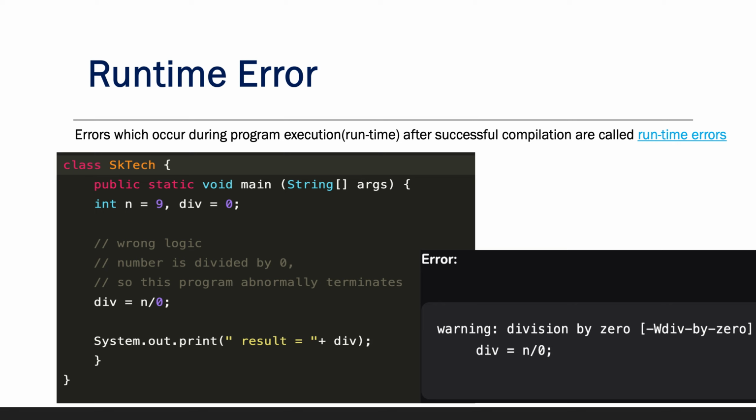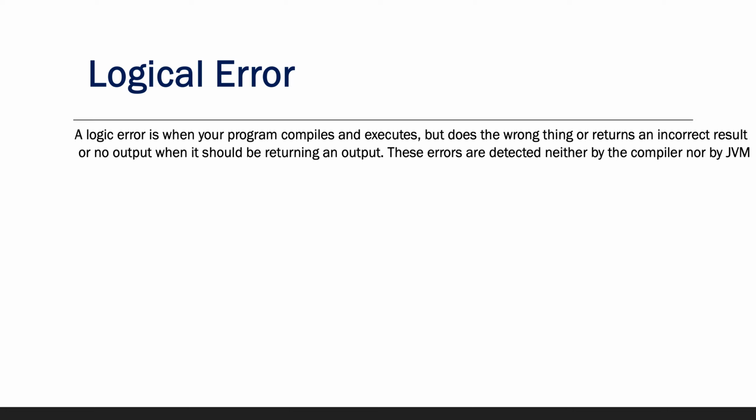Now let's move ahead and see another type of error, which is logical error. So what is a logical error? In this error, despite the flow being fine, the programmer might be using a wrong formula, or the design of the program itself is wrong. Logical errors are not detected either by the Java compiler or the JVM, meaning not at compile time or at runtime. So in every way, the programmer is solely responsible for them.